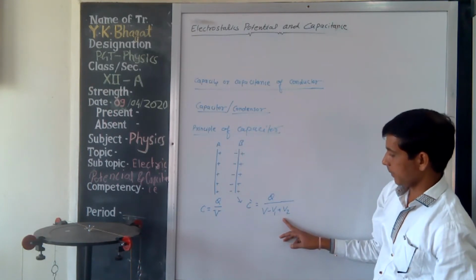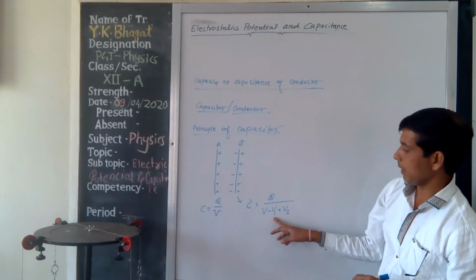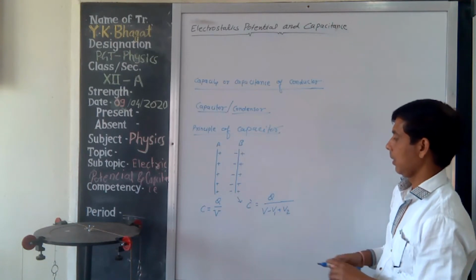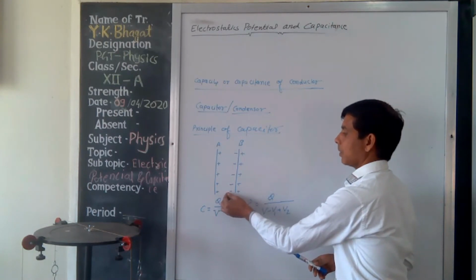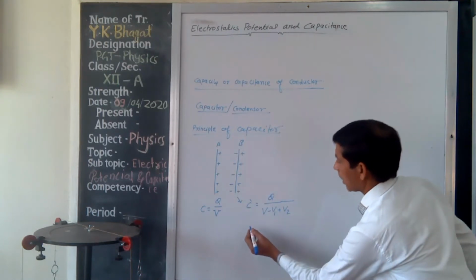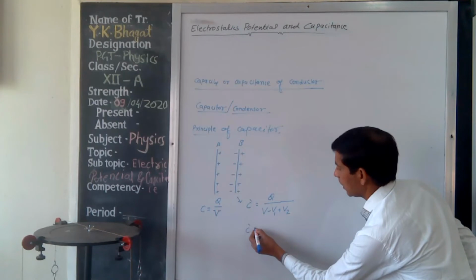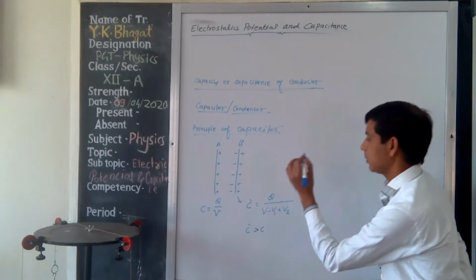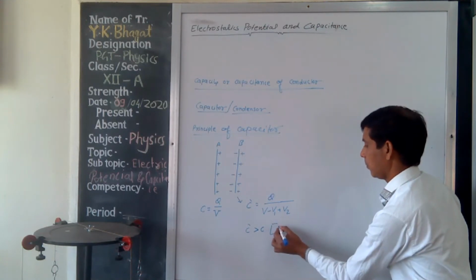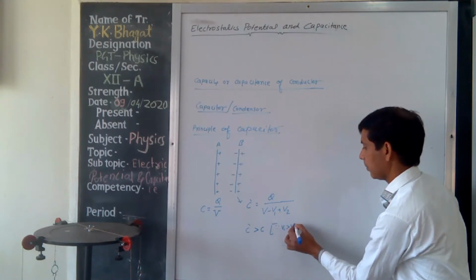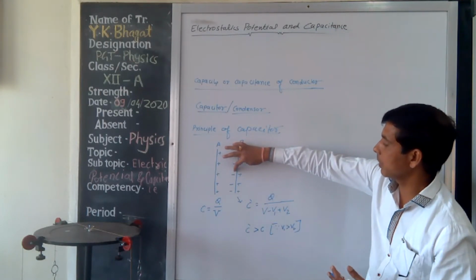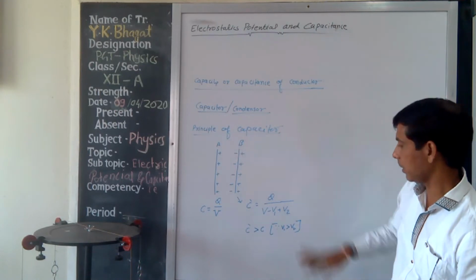From this equation, it is clear that V1 decreases the potential, but V2 increases it. Overall, since the negative charge is nearer than the induced positive charge, the overall capacity C test increases as compared to C, because V1 is greater than V2. Why is V1 greater? Because this negative charge is nearer than that induced positive charge.